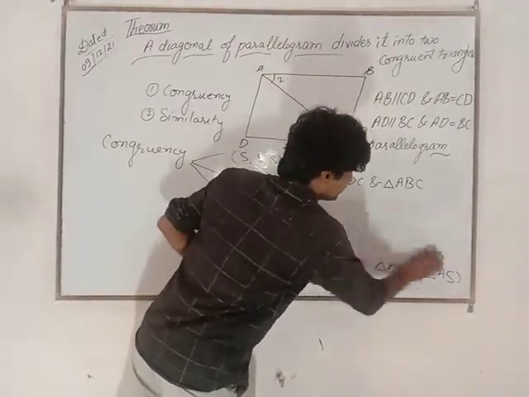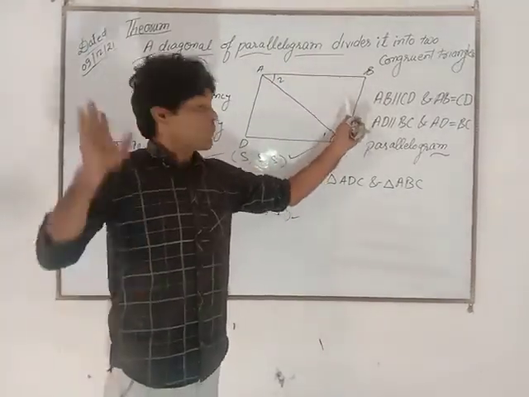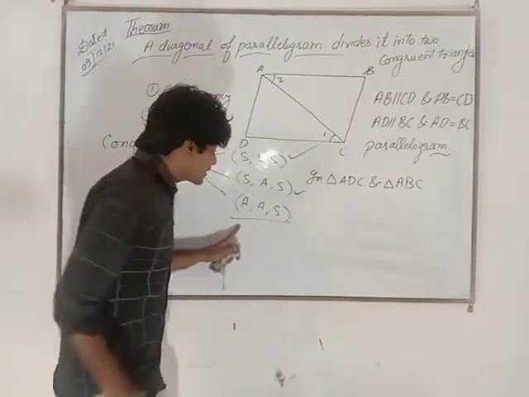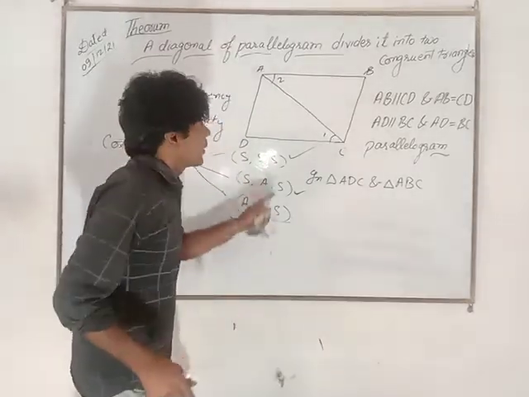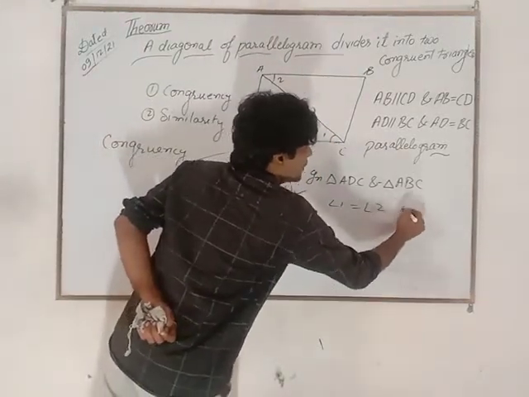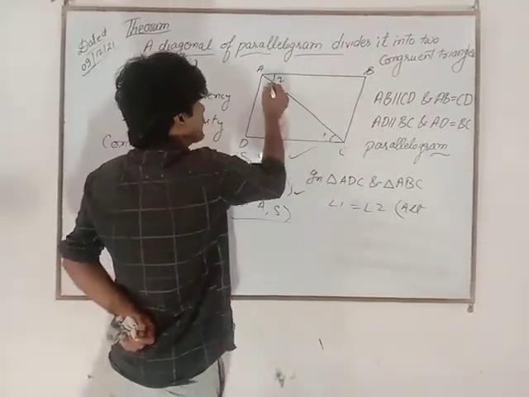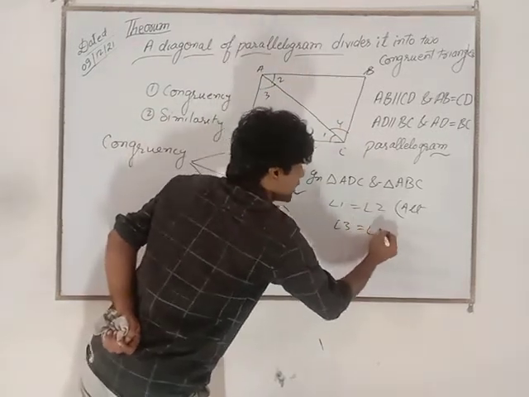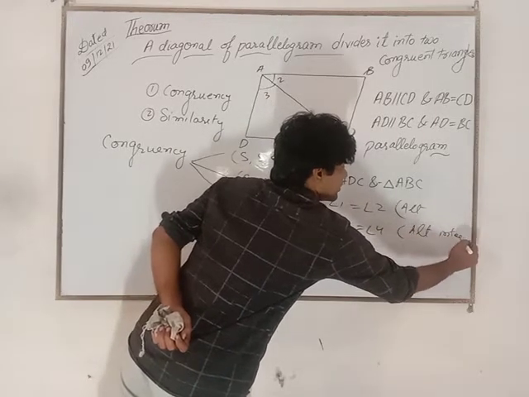Again you take triangle ADC and triangle ABC. Once again, come on. Now I am doing from AAS criterion, means angle angle side. Two corresponding angles and one corresponding side. Come on. In triangle ADC, angle 1 is equal to angle 2. Alternate. Clear? This will be alternate. The same. Here angle 3, you take this angle 4. Angle 3 is also equal to angle 4. The same alternate interior angles. Right?